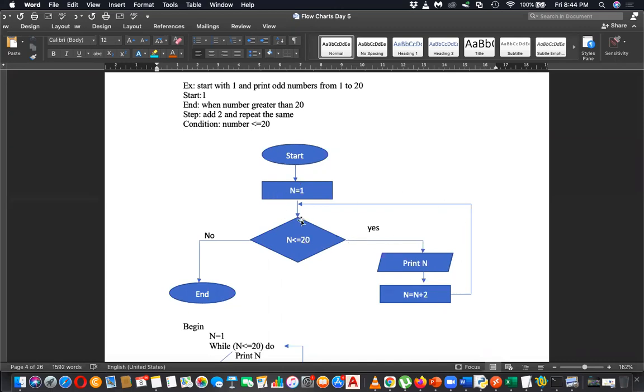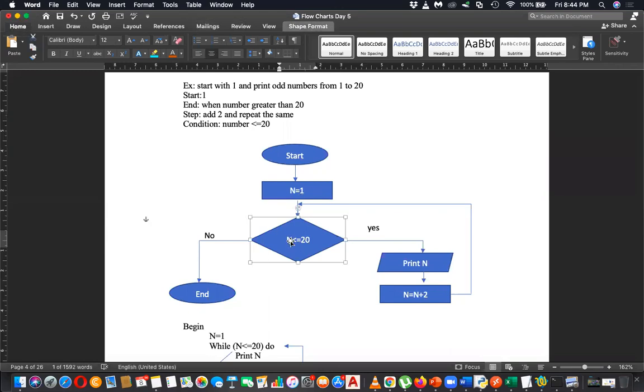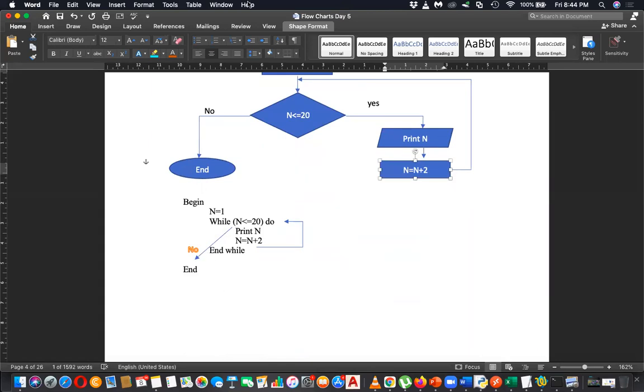Likewise, you follow the same path again and again until a certain condition. One time n will become 19. 19 is yes, less than 20. Print 19. 19 plus 2, 21. 21 is not less than 20. So it will go here and end. So that is called repetition. This is how you show the repetition in a loop,